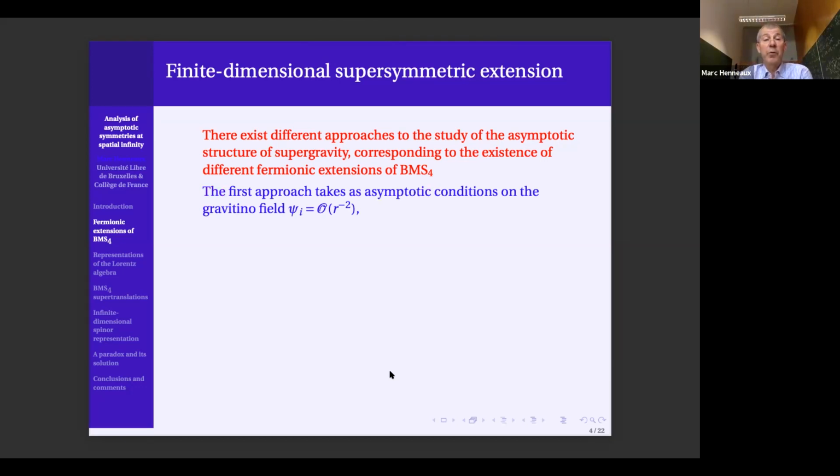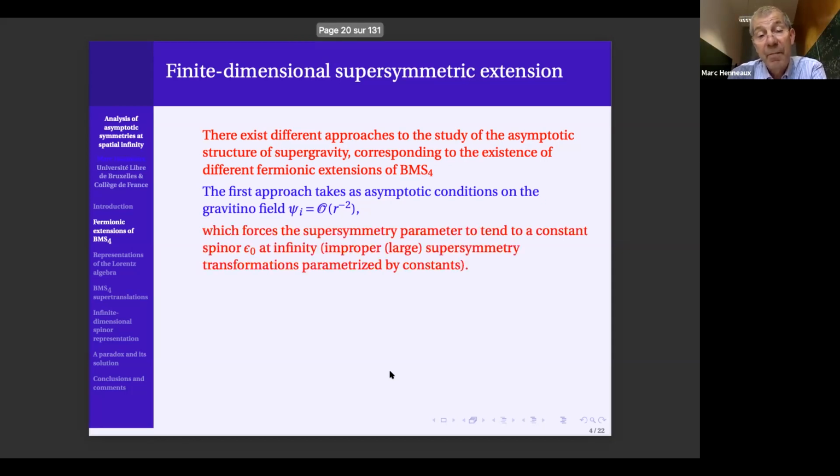Now, the first approach, which is technically the simplest, takes as asymptotic conditions on the gravitino field that it should decay as 1 over r squared. So I'm considering simple supergravity in 4 spacetime dimensions. This is motivated by the fact that the supercharge is a surface integral of the gravitino field, undifferentiated. So if you want to have a non-vanishing, non-singular supercharge,